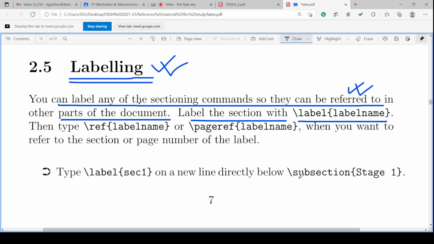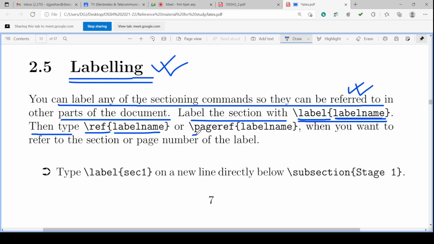How to label that section? We have to create some label name, and we have to give this command, backslash label name.